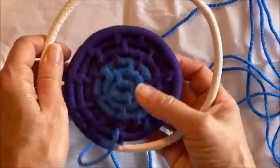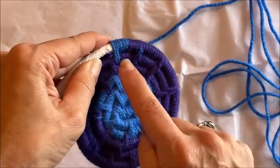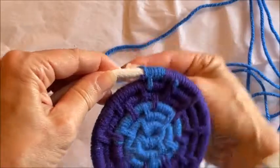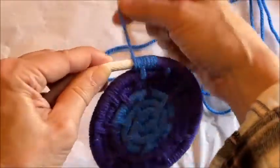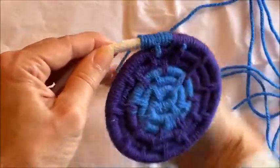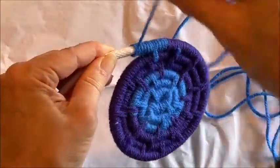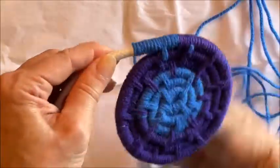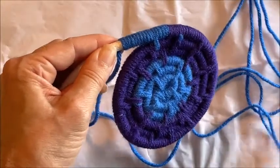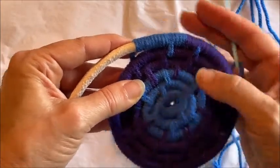So that's kind of our plan. So we are going to do the same thing that we've been doing. This is a double stitch, and now we're going to do 10 singles. 1, 2, 3, 4, 5, 6, 7, 8, 9, 10. And just like we have been doing before, we're going to do 2 single stitches, but we're not